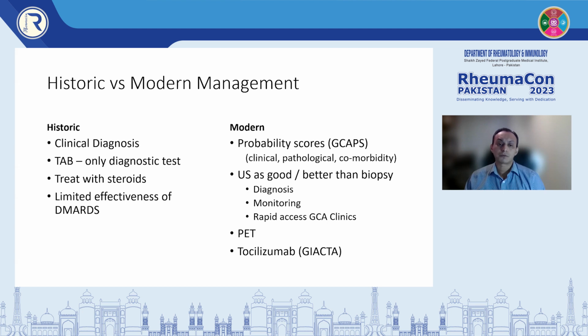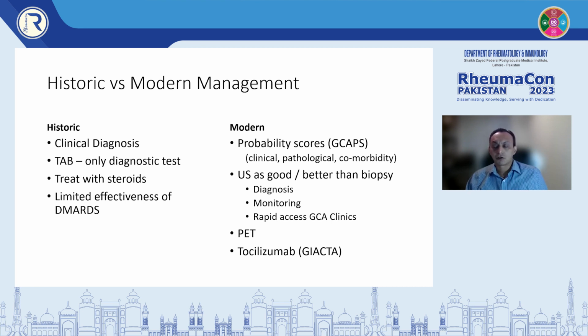And that is before you perform ultrasound in the clinic, which has shown as good sensitivity and specificity as temporal artery biopsy itself. It helps both in diagnosis and monitoring of giant cell arteritis, and it has become the basis of development of rapid access GCA clinics throughout Europe. In addition to ultrasound, we have PET scans, we have MRI scans and CT scans, which can also provide additional information where required. And as far as management is concerned, we now have IL-6